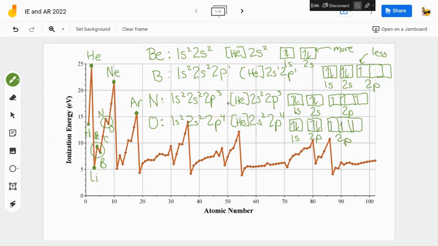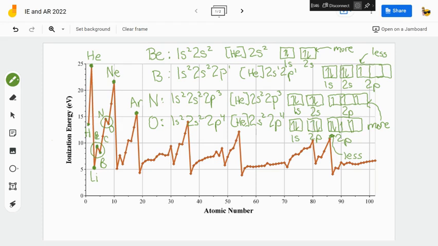One, 2, 3, 4. So oxygen has 2 unpaired electrons. And this dip here can be explained by saying this first electron here, it takes less energy to pull off that first doubly occupied p sublevel than the singly occupied